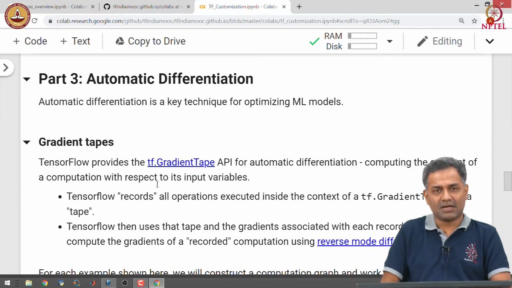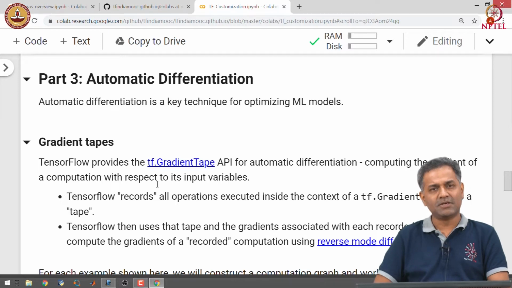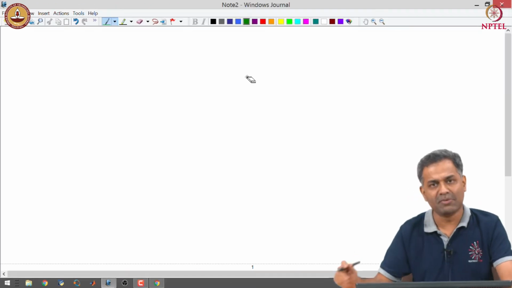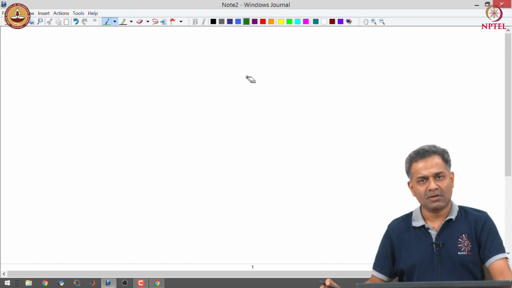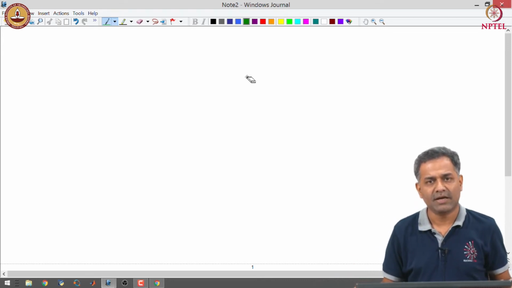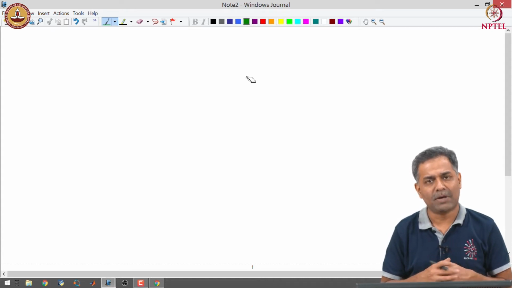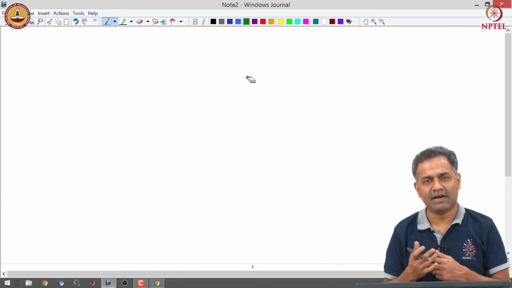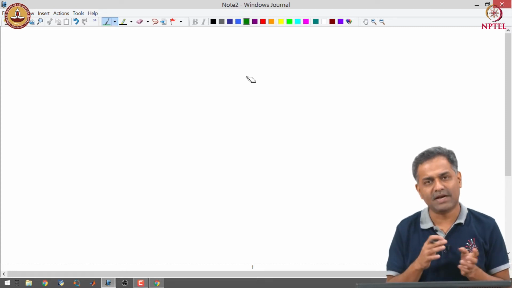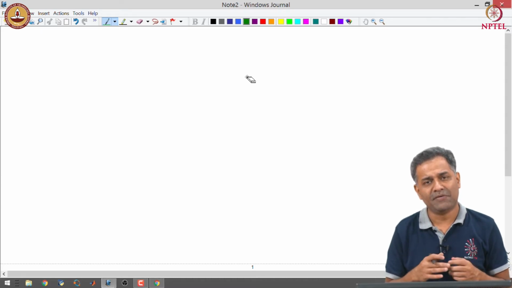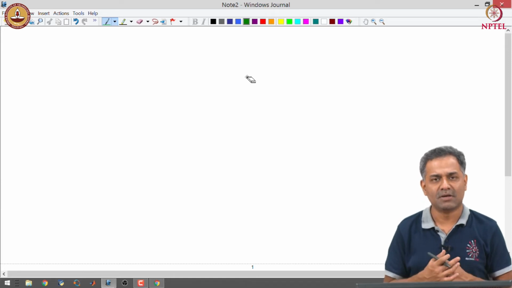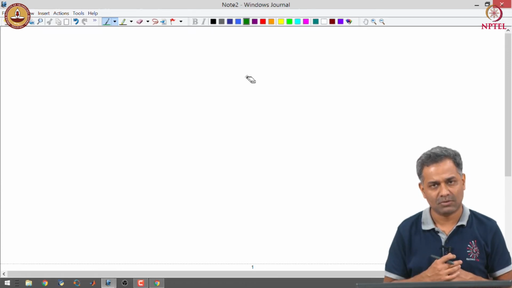Having defined the custom layer, the next opportunity for customization lies in defining our own training loop. As you will remember from the earlier classes, the main operation in training is to calculate the gradient and perform a parameter update based on the gradient value. Usually these gradients are hand calculated, but TensorFlow provides a way to automatically calculate these gradients based on the forward computation.